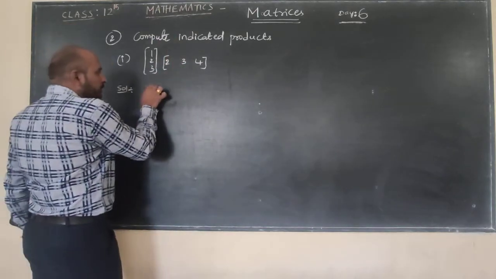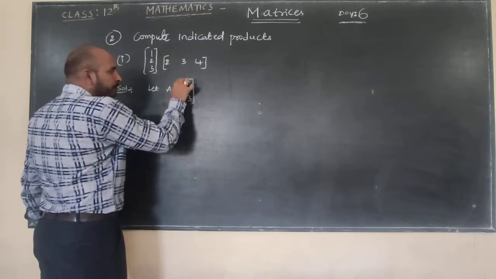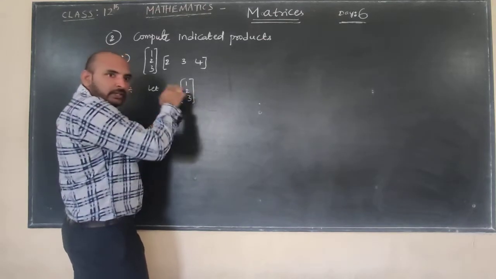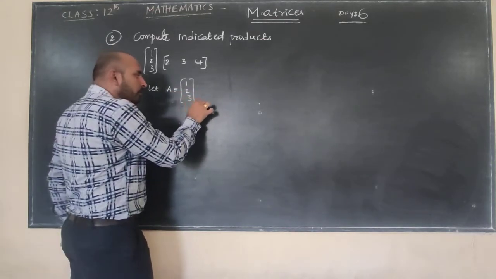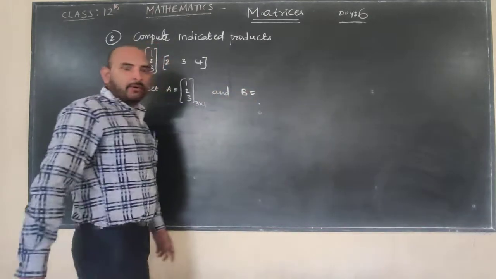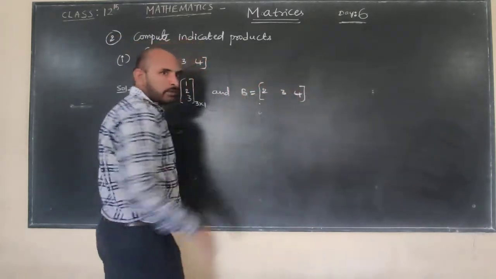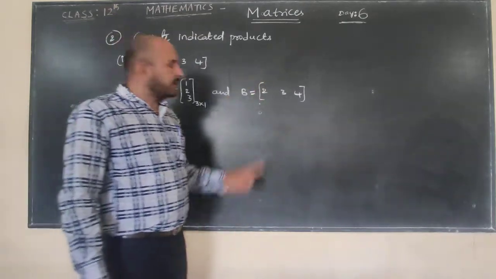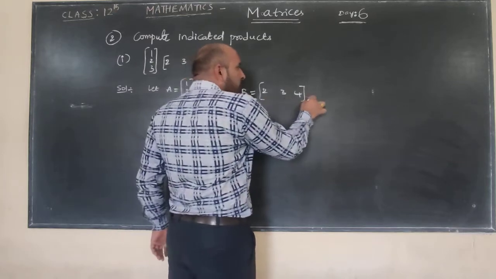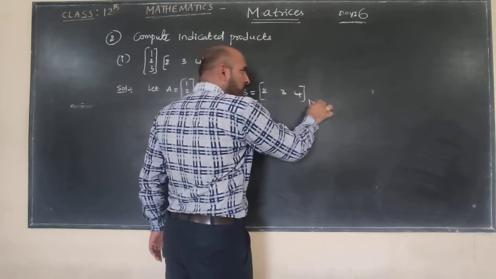So let capital A is equal to 1, 2, 3. Which is the matrix? Column matrix. What is the order for these? 3 rows and one column, 3 cross 1, and B is another matrix, B equal to 2, 3, 4, which is the row matrix. It contains only single row. So which is the order? One row and 3 columns, 1 cross 3.